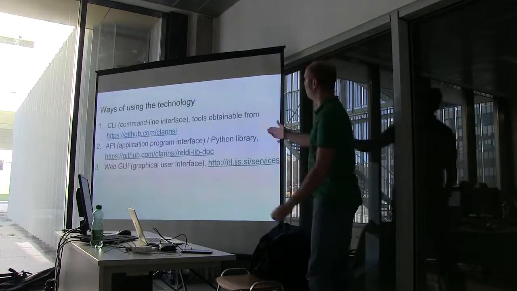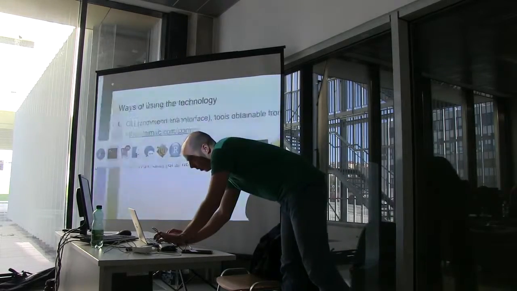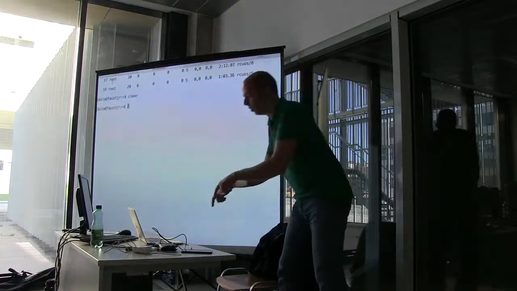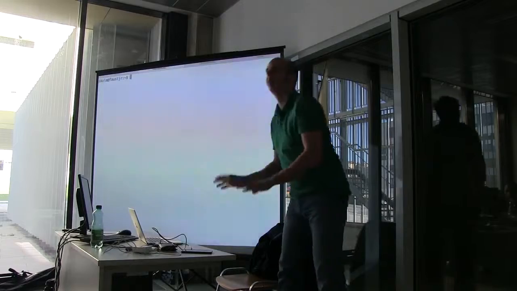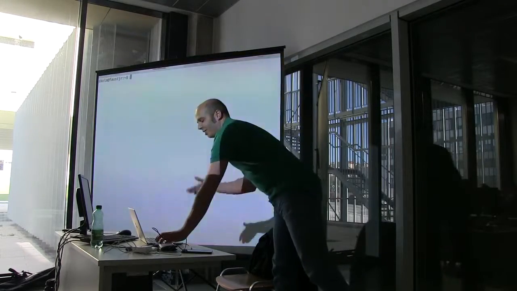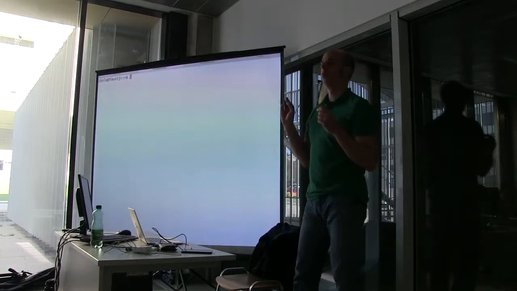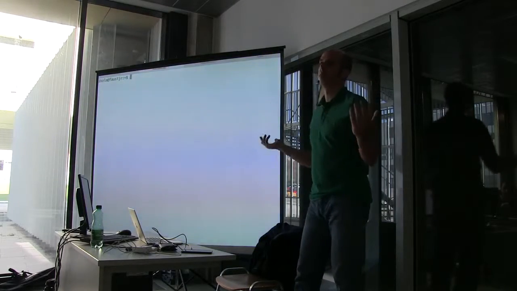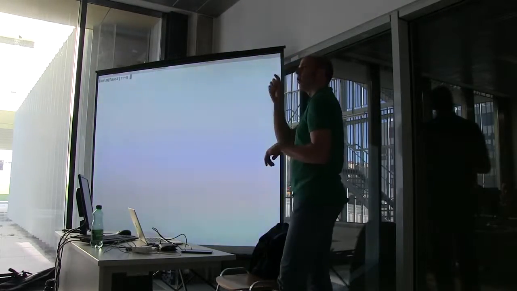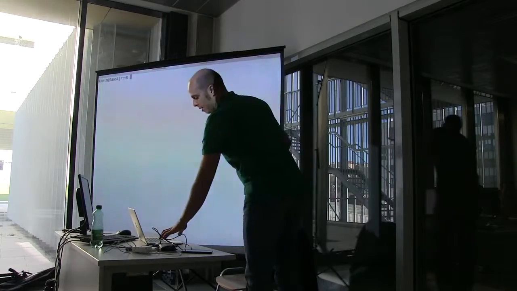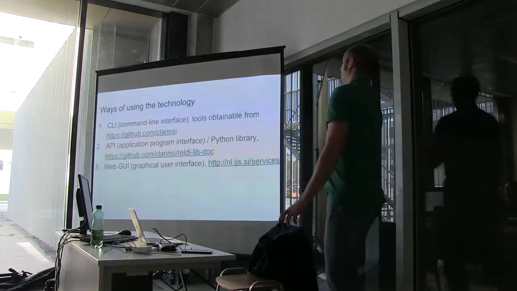So first there is the good old command line interface. This is where you write the weird things and then something happens and nobody really understands what's going on. This is just the old way of communicating with machines, but this is the best way of communicating with machines if you need very many different things to be done. So you don't need just one button to click and a few checkboxes to check, but you need various operations, and the command line interface is actually the best way to go.